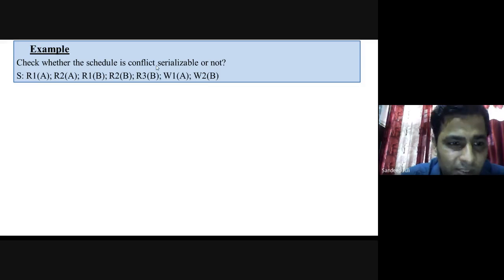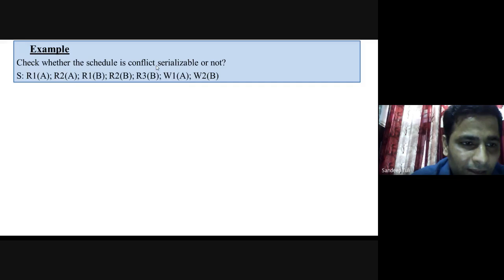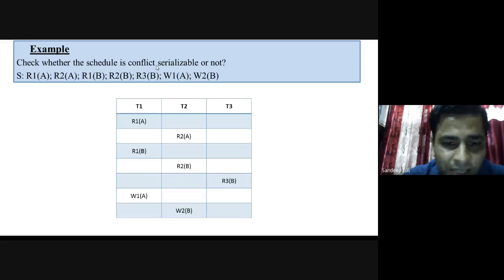Now this schedule, I have written in a different form for you on purpose. In exams, it is asked this way also. It is not compulsory that every time you will get the schedule in the form of tables. It may be possible that you need to make the table of this schedule. Now, how will you first make the table of this schedule? This is our first task.